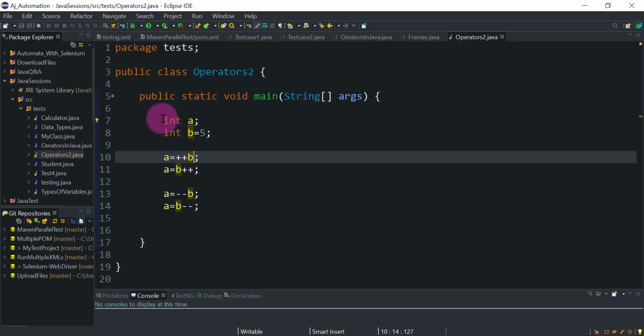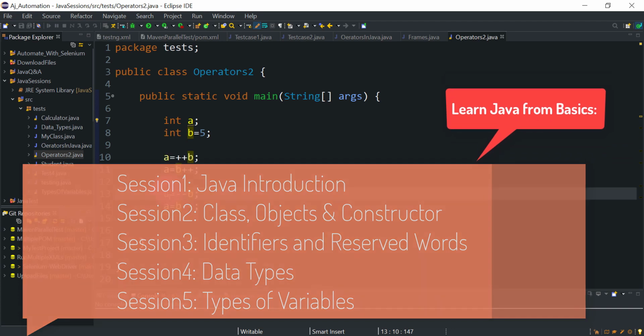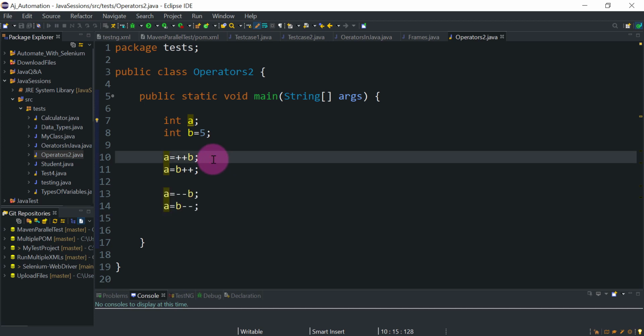We have two variables, integer a and integer b. Variable b I have initialized to 5, and here we are doing pre-increment, post-increment, and here we are doing pre-decrement and post-decrement. Okay, so let's find out what is the value of a and what is the value of b here. For the expression a equal to ++b, what will be the value of a?